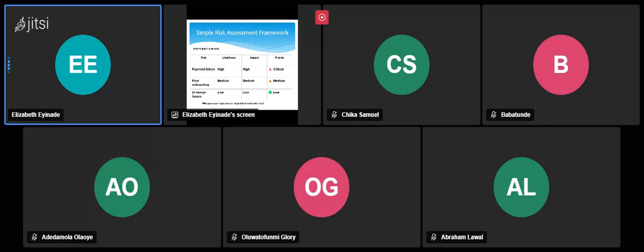They are not fancy about all these good UI, in as much as whatever it is you want to use the UI for works, then there is no problem. So that's low, and that's something you can come back to. The first thing you need to attend to is the payment failure. Then after the payment failure, you can look at the poor onboarding, and lastly, you can look at the UI design to make it appealing